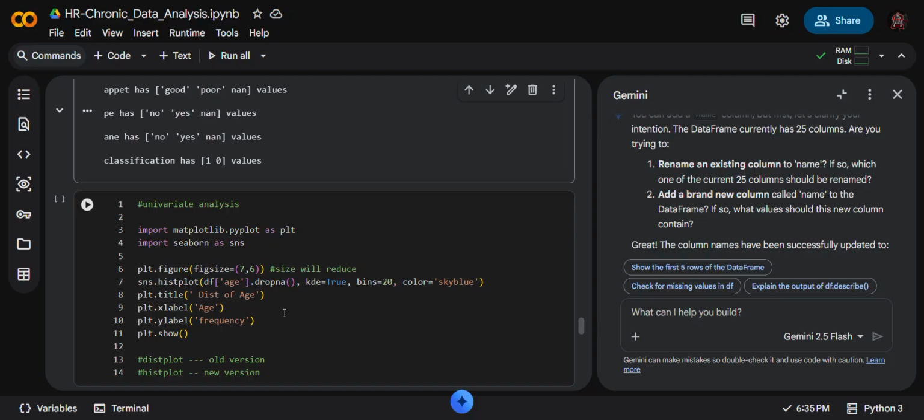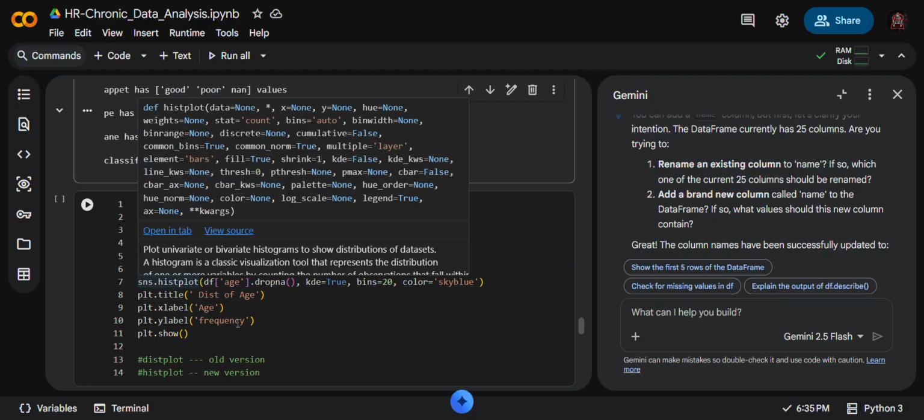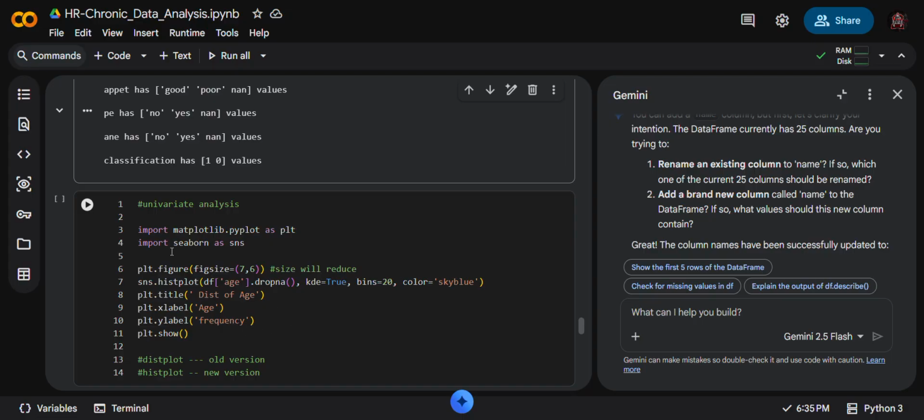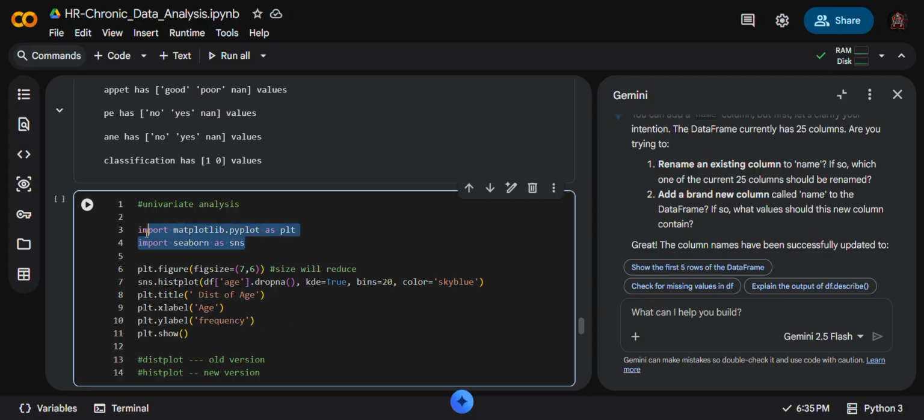Sometimes we are using plt dot, but yes, before that let me explain these things. What is this? These are the libraries that we imported.